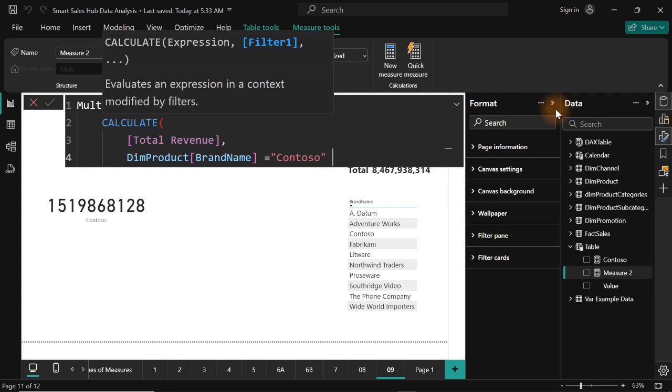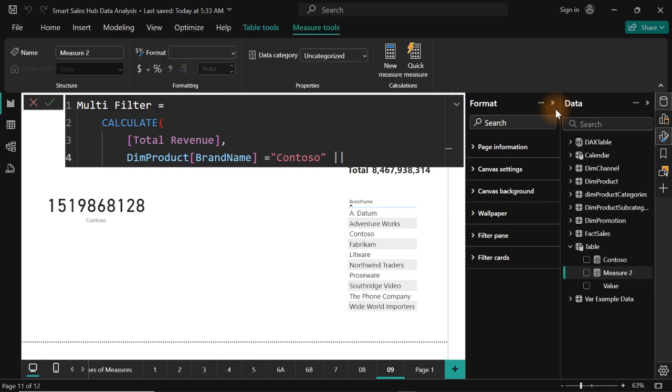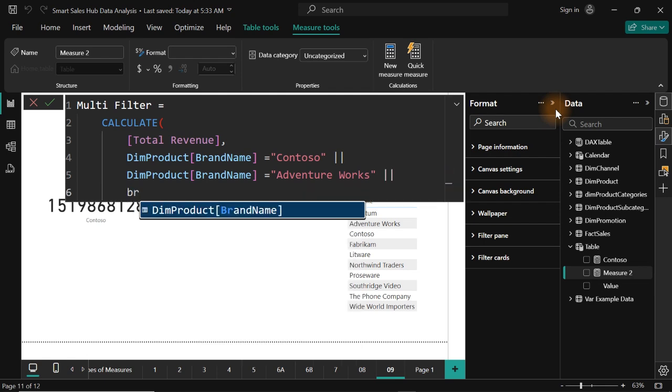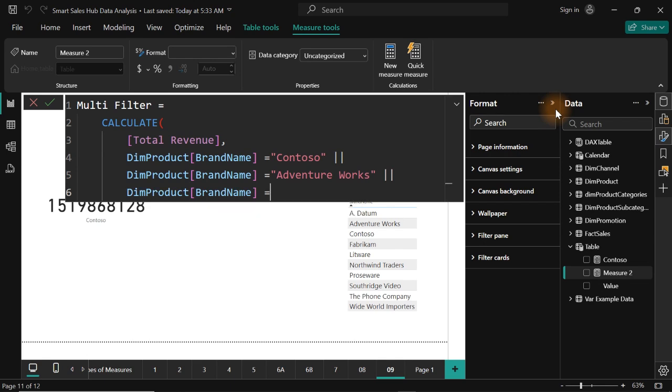You use the OR. Two pipes here means OR. Then you go down again. You still have to reference the Brand. And this time around, what do you want to check? You want to include Adventure Works. It's not case sensitive though. So you add another two pipes for OR again. You go down, you bring in the Brand. This time around, you want where it is inside double quotes,